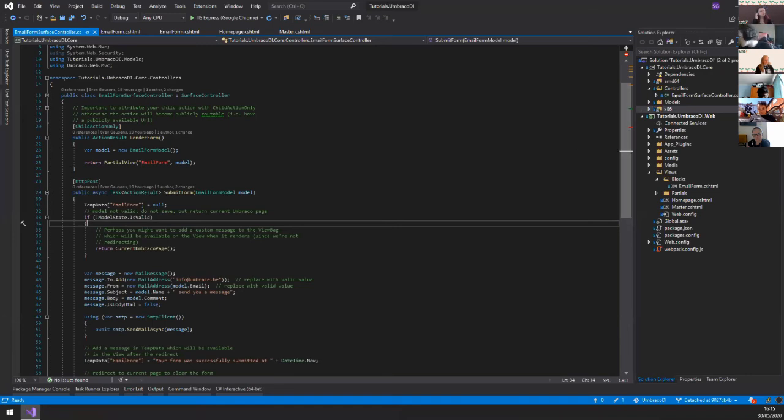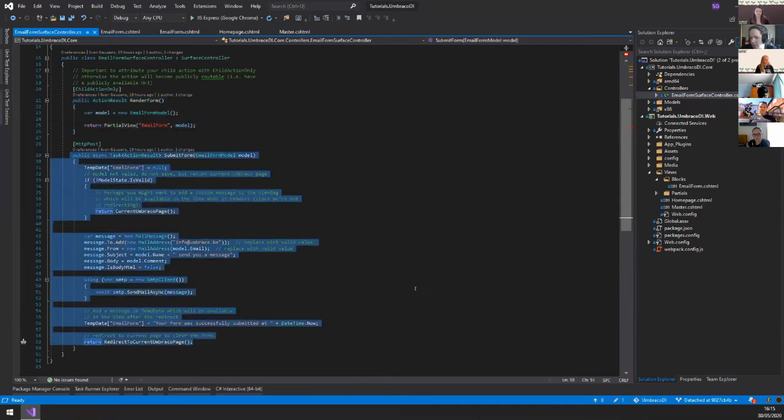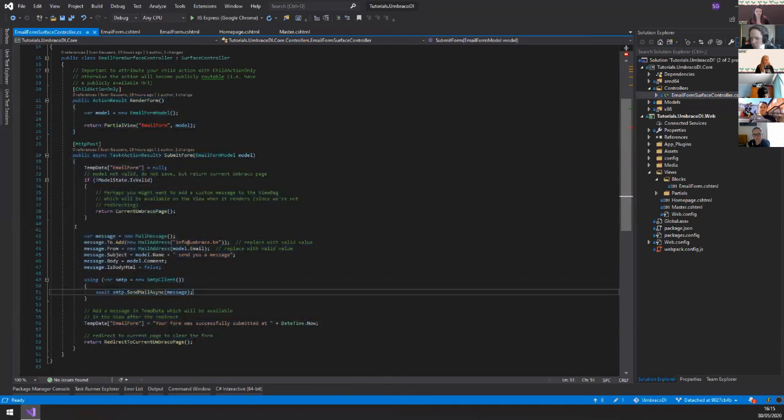So what do we have set up here? We have a simple surface controller that renders a form and handles the submit of that form. And in that submit form, we have some code that sends that message somewhere. In this instance, it uses an SMTP client to send an email. So when we run this,